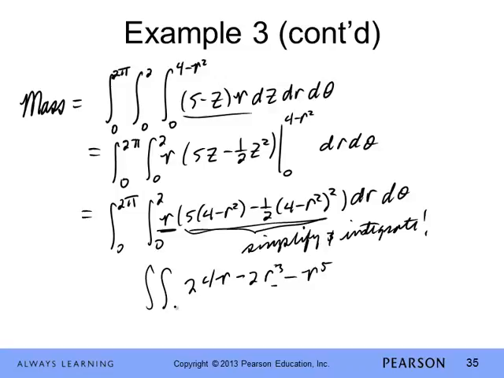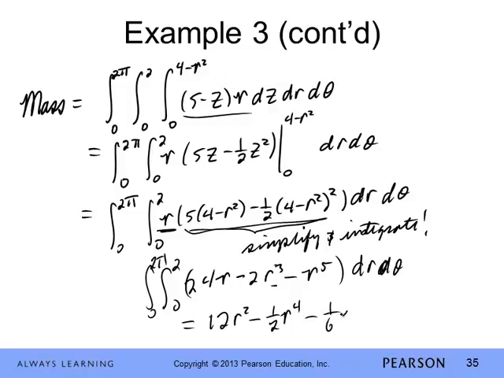So you have this as your next step, really. dr d theta. So like I said, you go through and integrate with respect to r. You got 12r squared minus 1/2 r to the 4th power minus 1/6 r to the 6th power. Evaluate between 0 and 2,